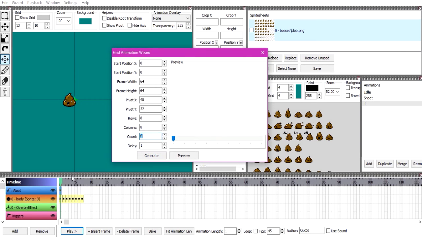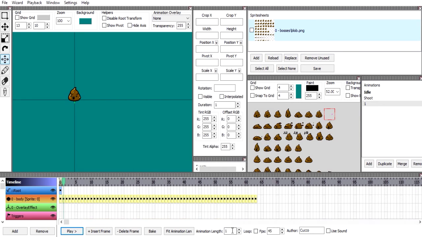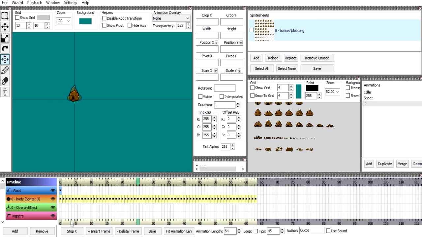Oh, the count is the amount of frames. That's weird. So the count, I guess, is 64. Okay, yeah, I can generate the animation, and now this should put all the things here. It's kind of useful depending on what you're doing. For example, if you're doing the animation, you can